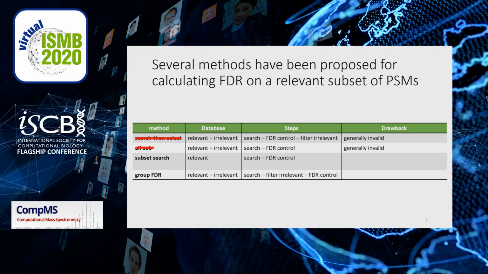I won't be able to show you the data for this, but we find two methods, search and select and all sub, are generally invalid. And they're invalid in the sense that they do not properly control the FDR when there is a relevant subset of PSMs in your data. Subset search is itself invalid, and it's due to a specific phenomenon that hasn't been explored before. Namely, it's due to the interaction of only searching relevant peptides and the presence of a large number of neighbor